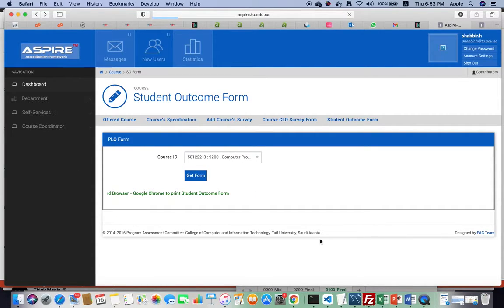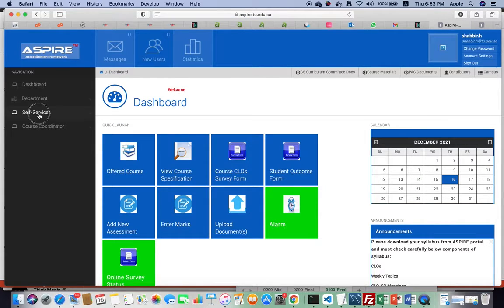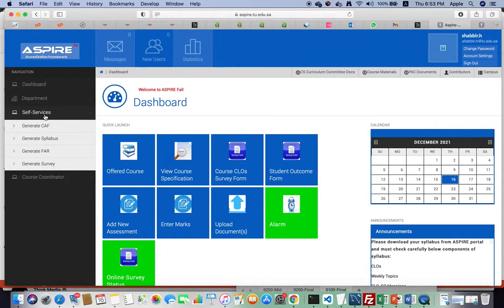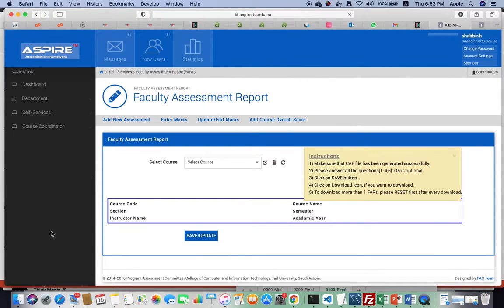Now, we are done with the CAF file and the SO evidence, and another very important thing is that we have to prepare the faculty assessment report, FAR. To prepare the FAR, we would need to write a Word document. If we use the Aspire system, it is very easy. We go to self services and we can generate the FAR. We can see here the generate FAR. It's very easy. Just click it here and write your comments based on the statistics we have calculated in the CAF file. I have already created the FAR for the first section, 9100. Now I'm going to create a